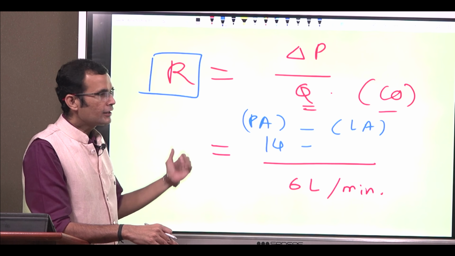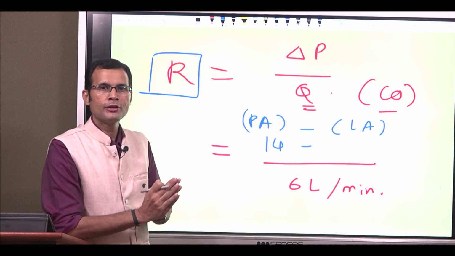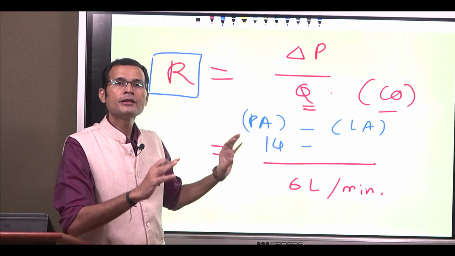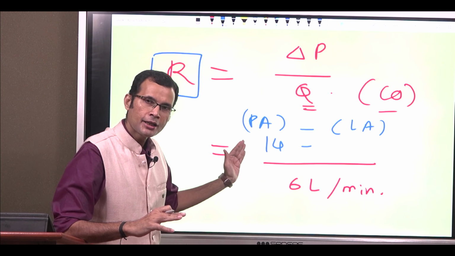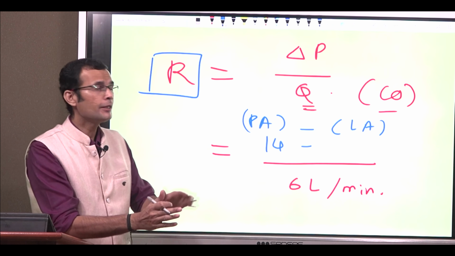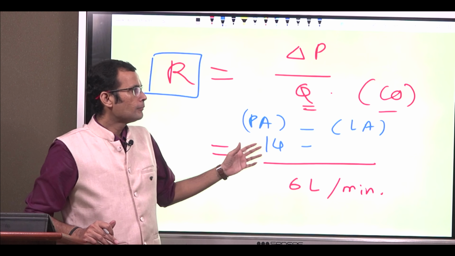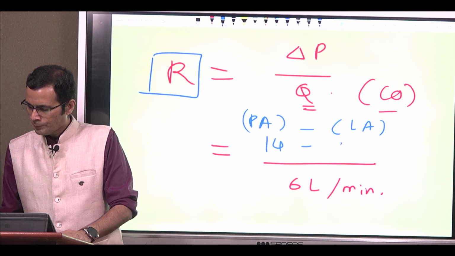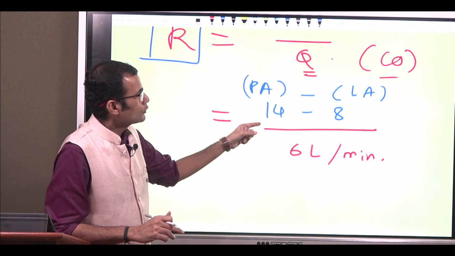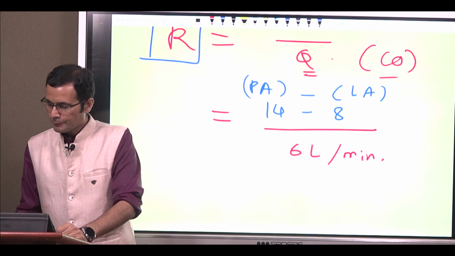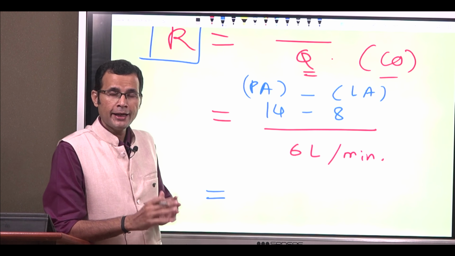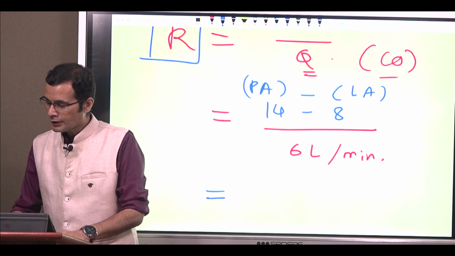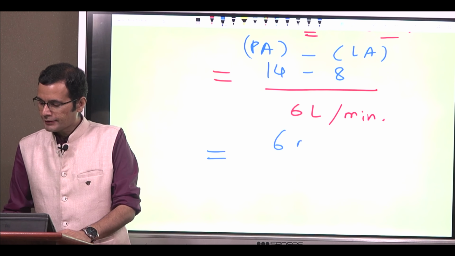Pulmonary artery is carrying the blood into the lungs, into the pulmonary vasculature, and then that blood goes back to the left atrium, and therefore we have to see the difference between the pulmonary artery pressure and the left atrial pressure. That will be the P1 minus P2 or delta P. Left atrial pressure is in the range of 6 to 8 mm of Hg. So you can see now 14 minus 8, if we take 8 mm of Hg as the left atrial pressure, pulmonary artery pressure minus the left atrial pressure, that's delta P. That is 6 mm of Hg.